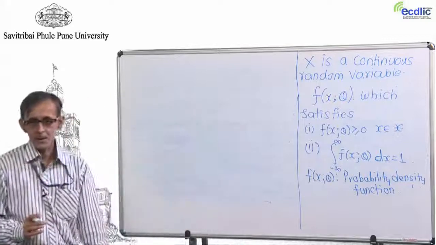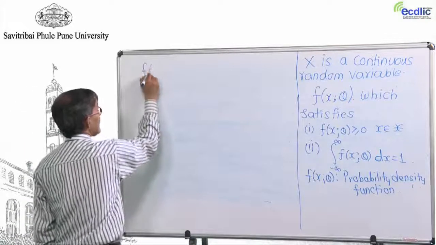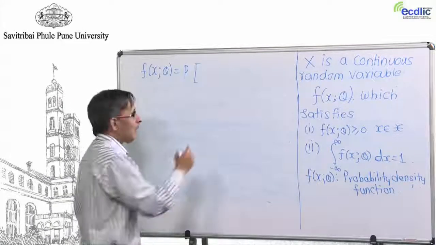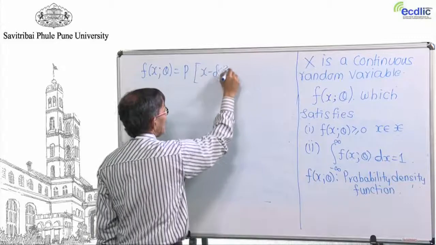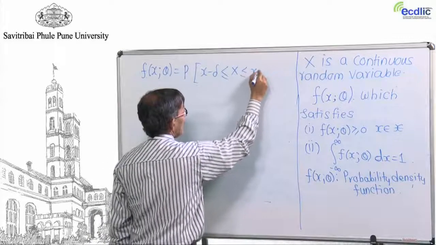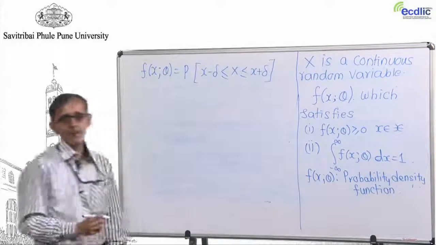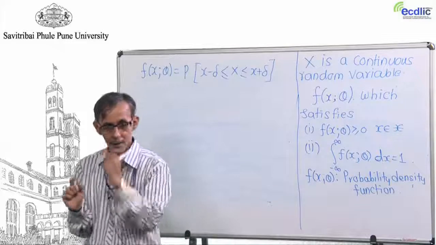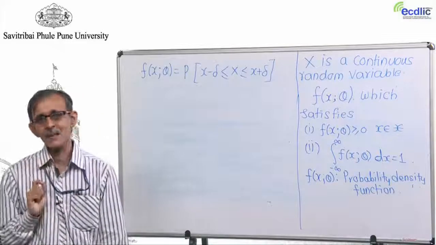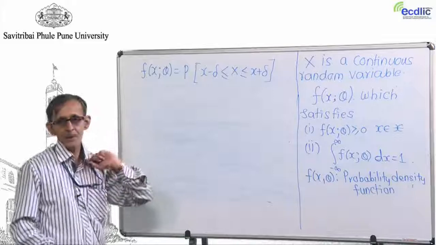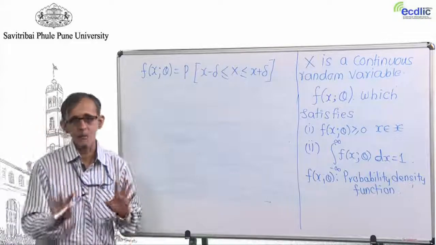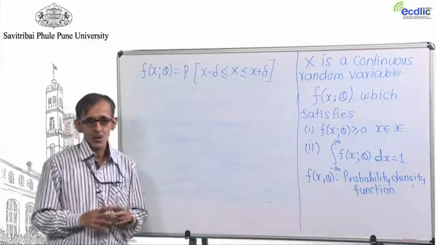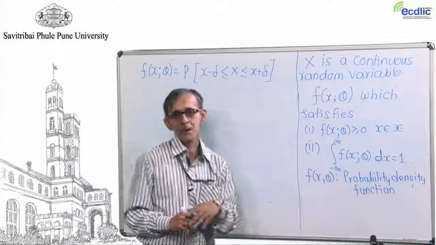So, what we do is, in this context f(x, theta) is nothing but the probability of x taking a value in the very small neighborhood of length delta of small x, and that is called this f(x, theta). It is not x is equal to x, please remember this, because this is where the trouble begins. Okay? So, what we are now dealing with is a density function.